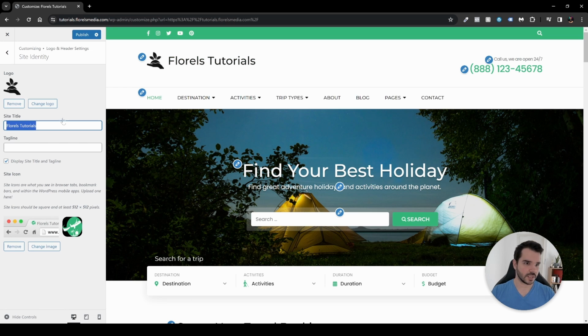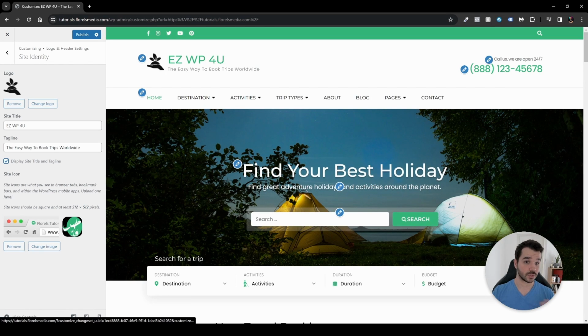So you can also change the site title, for example, easy WP for you, and the tagline, let's do something like the easy way to book trips worldwide, and you can enable it or disable it. So for example, I just want to disable it, and it will show only the logo without the site title or the tagline, and I can enable it back, and then it will show you here, and once you hover it, you can see that it's changing color. And then also you can change the little icon over here if you wish to. So once it is done, you can just hit publish,